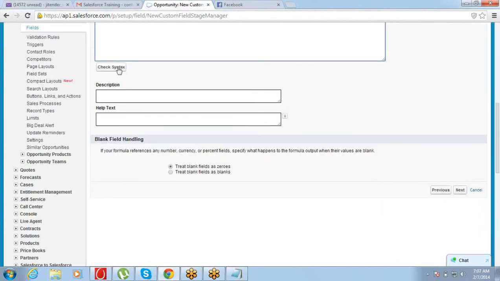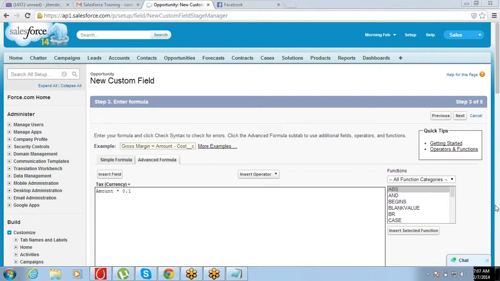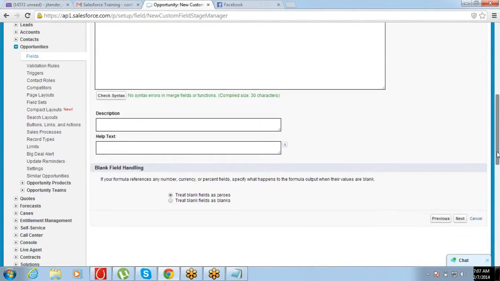Scroll down, check syntax for error. If there is any error, it will show. No syntax error, which means it's fine. We can just go ahead and save it.